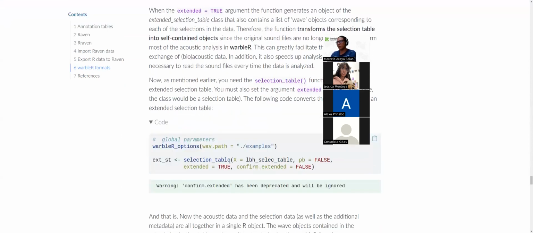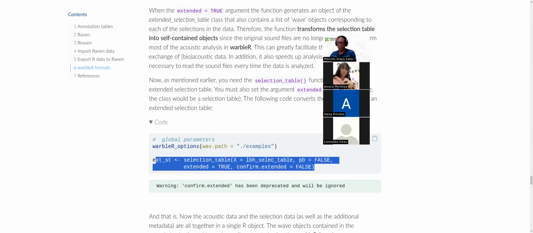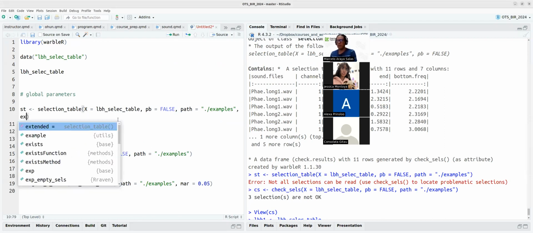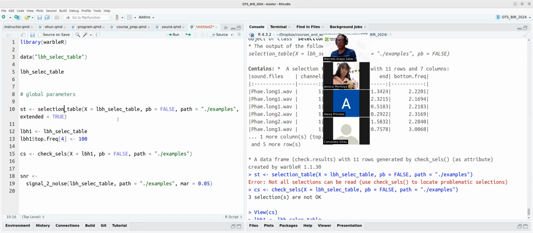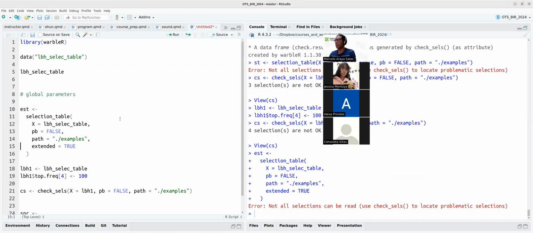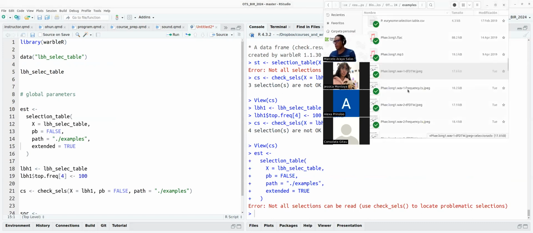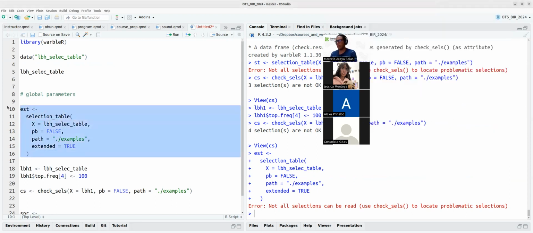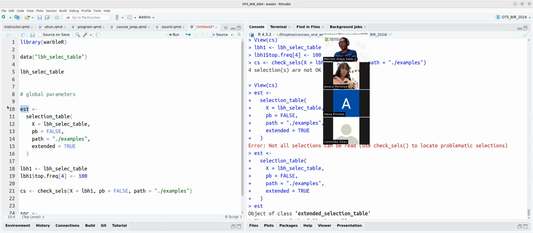Okay, so how do we create them? We just need to add that argument. Here we can add extended equals true, and then I call it EST. Oh, but remember that I have that error, so I need to bring the file back. Okay, no. Back. And the output is this